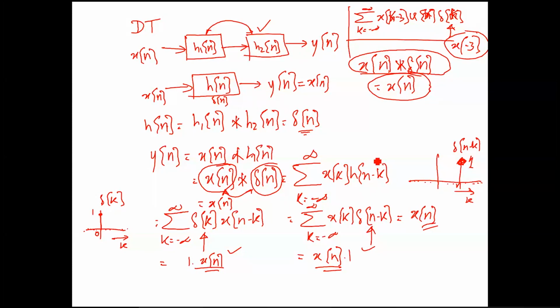And let me do the same thing for continuous time also. So let's talk about a continuous time system. Let's have h1 of t, and then the second system is, let's say, h2 of t. And if the second system is the inverse of the first system,